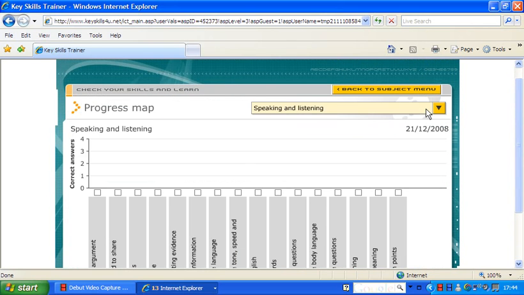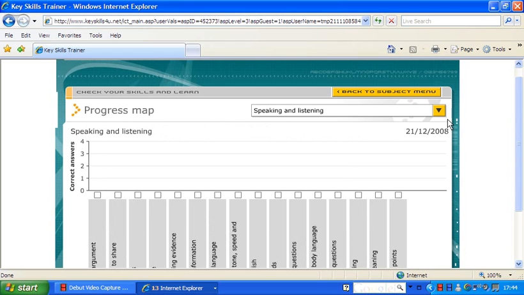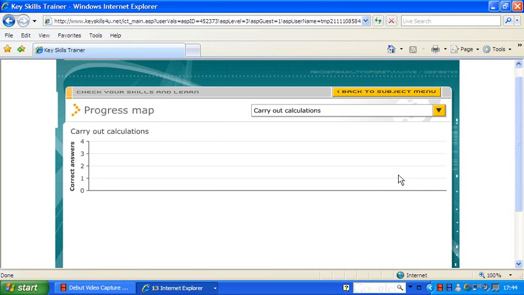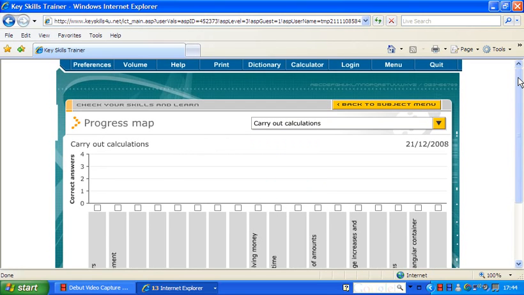If we look at the progress map, the learners actually have to log their own progress to date, and some learners actually find this more of a chore than a necessity, so some learners actually forget